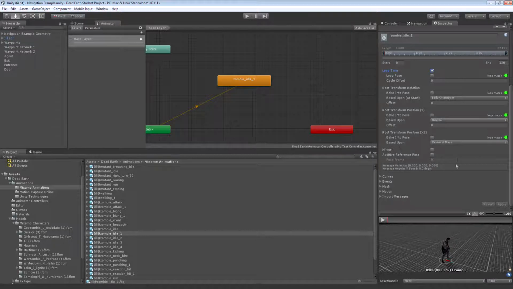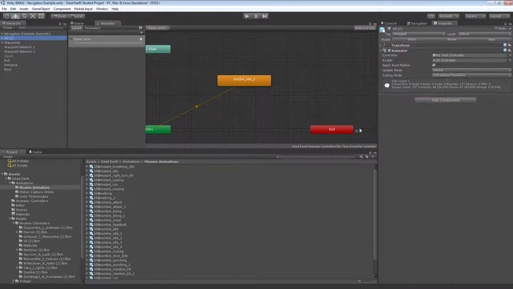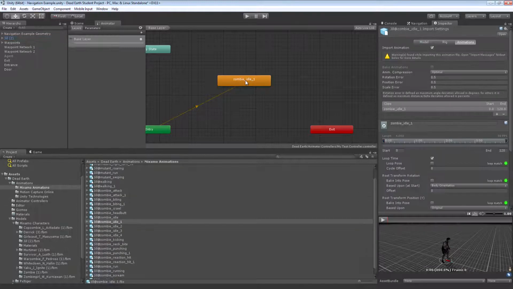Now, there's also another easier way to bring up the animation import settings if you're already working inside the animation controller. So let me just clear the inspector with something else. And you'll see if I just double click the animation state, it will automatically select the asset in the project view and also select the animation tab for me in the animation import inspector. So that's actually an easier way to do it, especially because of this next fact that I'm going to tell you,